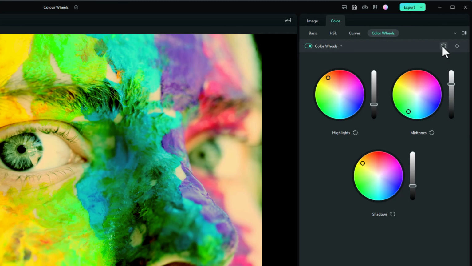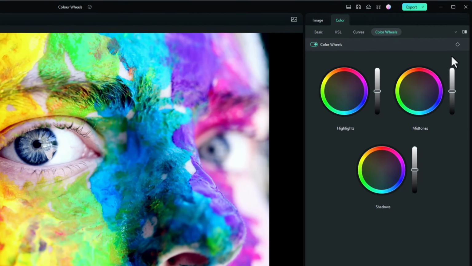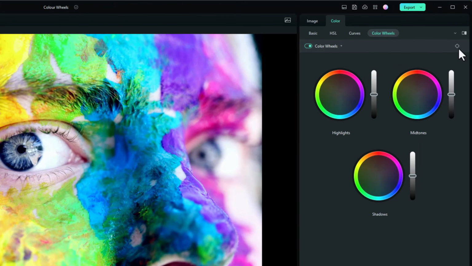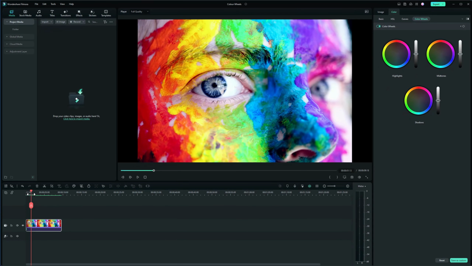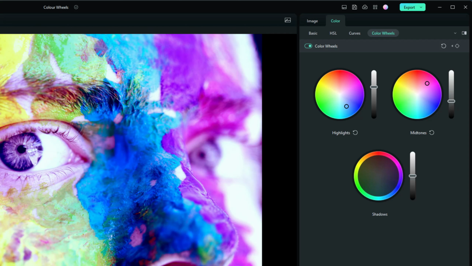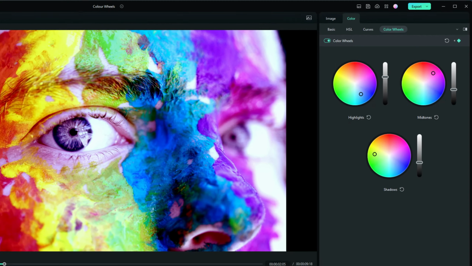So let's reset everything back to standard. We'll go to the beginning of the clip and we'll choose a keyframe. We'll move into the clip a little bit, and now we'll change some of these options. I'll drop the mid-tones down, just change colours. I'll go in a bit further,